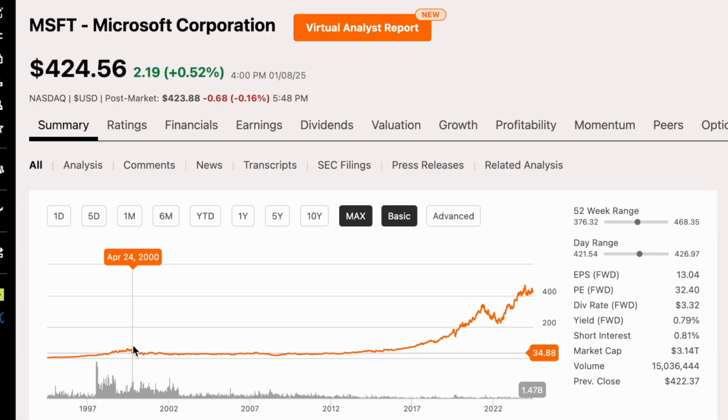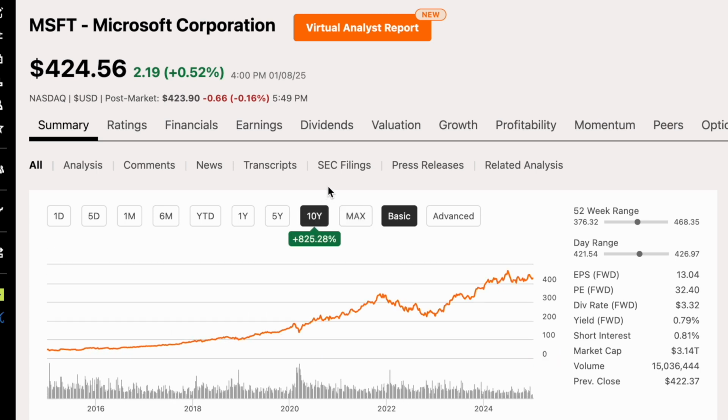Look where they were trading at in early 2000. They were trading as high as about $51 to $55 per share. But if we look at where they were trading about 10 years later, it was about half that price, close to $25 per share. Now, there's no doubt Microsoft is a phenomenal company, but it's clear they were trading at way too high of a valuation in the early 2000s, and as a result, over the next decade, they had very lackluster results. But if we look at them over the past 10 years, they've way outperformed the market. So it's clear, valuation is incredibly important.